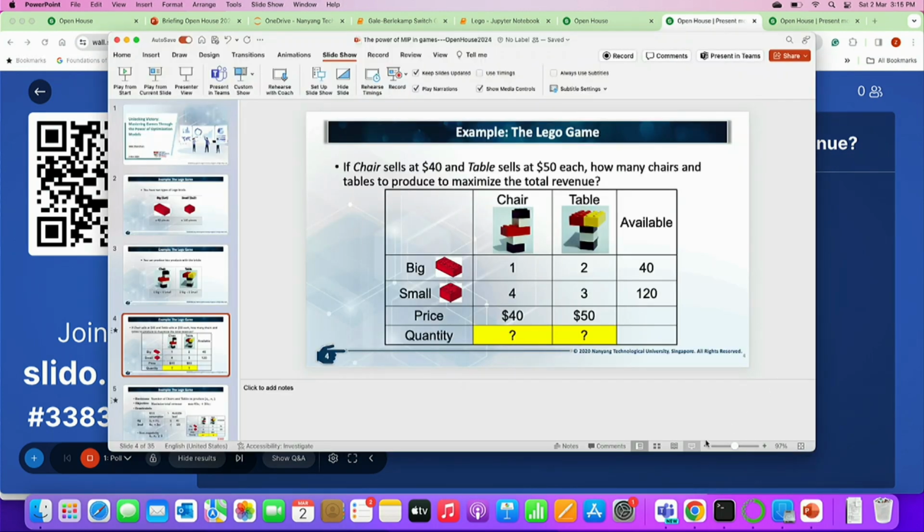Just to recap, this table summarizes all the information we have so far. That means we have 40 big bricks and 120 small bricks. Producing one chair will consume 1 big brick and 4 small bricks. Producing one table will consume 2 big bricks and 3 small bricks. And we also list the price of each table and chair in this row. Given all this information,